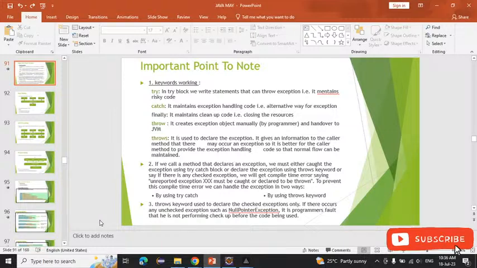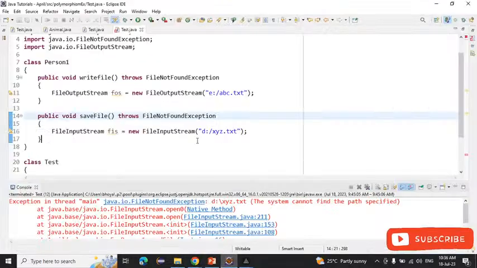Okay. So today we will see the throws keyword. What is the use of the throws keyword? How can we write the throws keyword? We will see that today. Okay. So if you take any example,